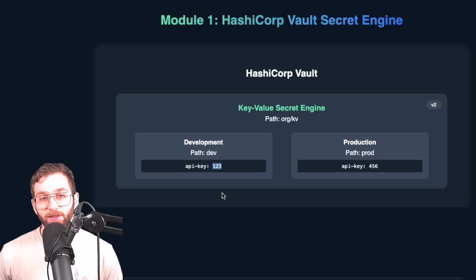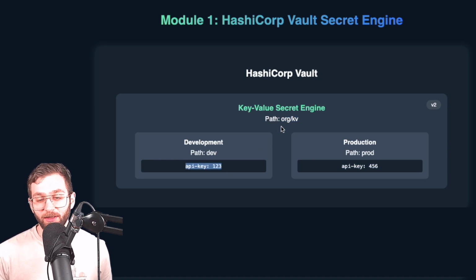Welcome to Module 1. In this module, we're going to set up a HashiCorp Vault server locally on our machine, and then right away, we're going to set up inside of it a key value secret engine. What this allows you to do is store sensitive data, be it API keys, passwords, tokens, whatever it may be, in the form of key value pairs at different paths. So you could have, in this case, one API key stored at the path org/kv/dev within your engine, or you could have another API key stored at